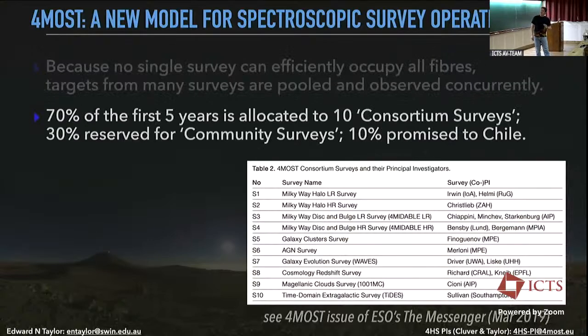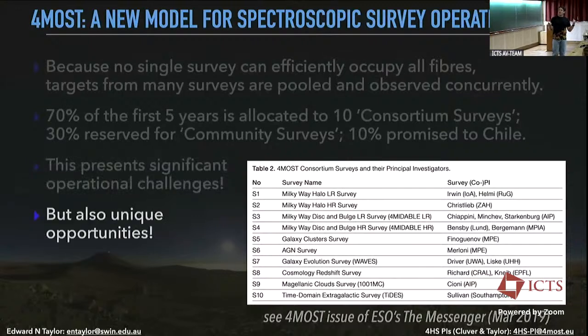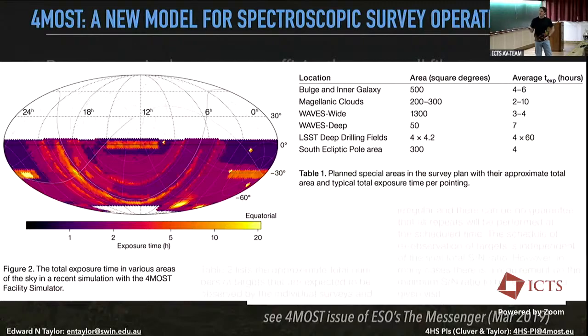Of the first 5-year survey, 70% was allocated to 10 consortium surveys, with 30% reserved for what are called community surveys. So this is people who can propose their own project, and 4HS was one of these. Getting all of these surveys to work well together is, let me say, an operational challenge. It's an organizational challenge. It's a political challenge, but it also presents some unique opportunities,